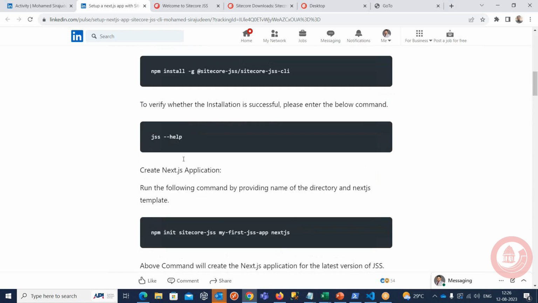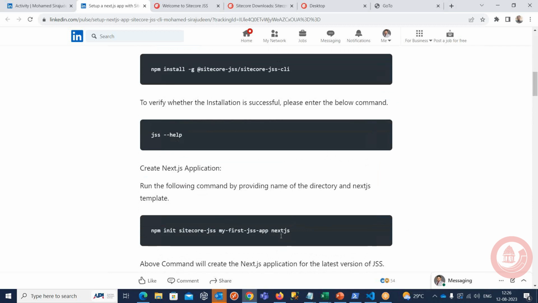Once you've done this, it is time to choose the template. I'm going to use the Next.js template. As we discussed earlier, we have other templates as well: React, Angular, and Vue.js. If you have Angular resources, you can choose Angular. If you have React.js, you have to choose React. During the architecture kickoff, you have to decide which one you are going to use, because it is going to impact your application. That is very important. Here I'm going to use Next.js because